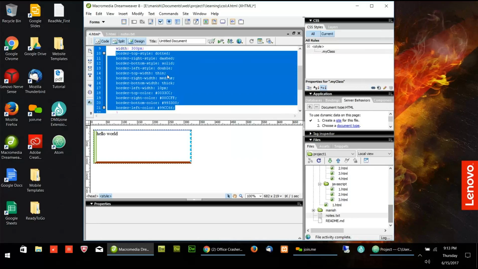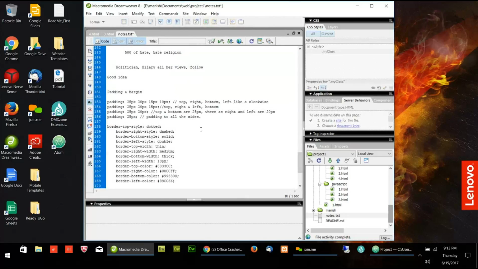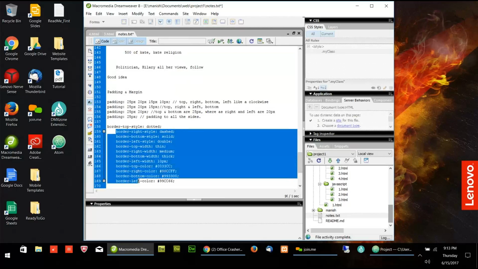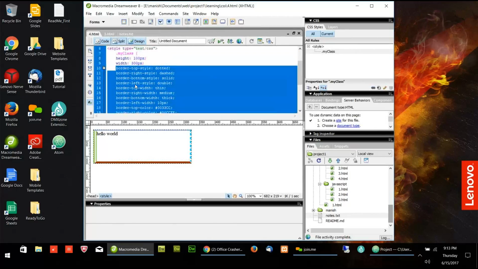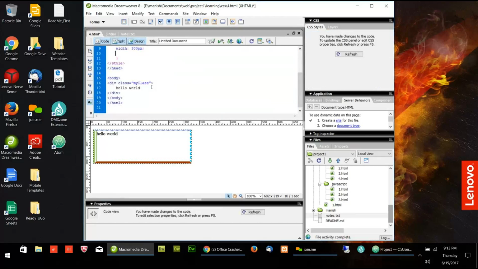If we have common style and common color and common width, then we write it in the one line of code. I will show you. This is used generally when we have different styles on top, left, right, and bottom.